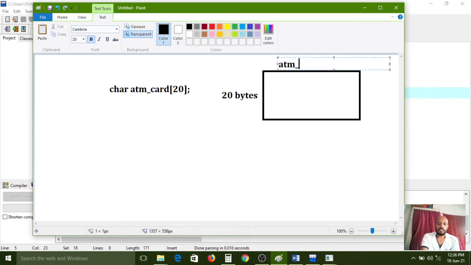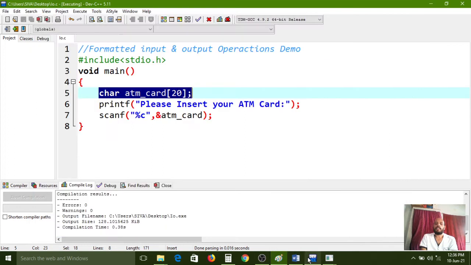After taking the input, please carefully observe. What information are we giving the scanf function? You please collect only the characters from the input. After collecting the characters, you assign them to the ATM card by using the address operator. Whatever values you have collected, you need to store them in the ATM card variable.